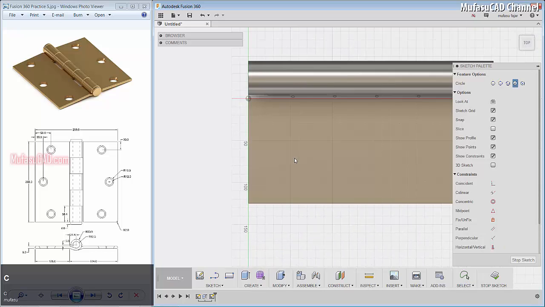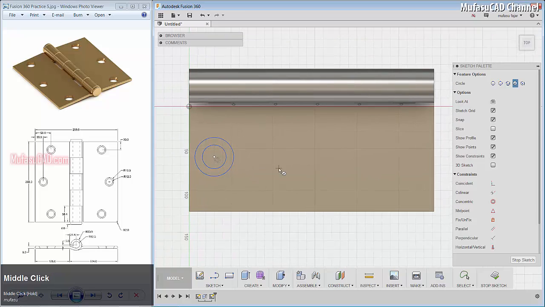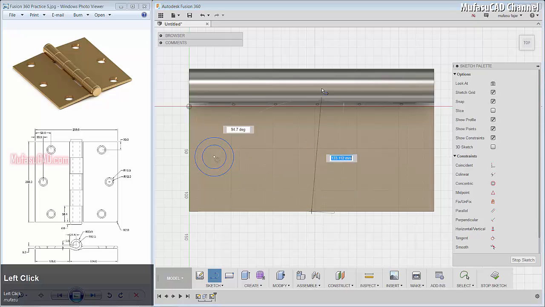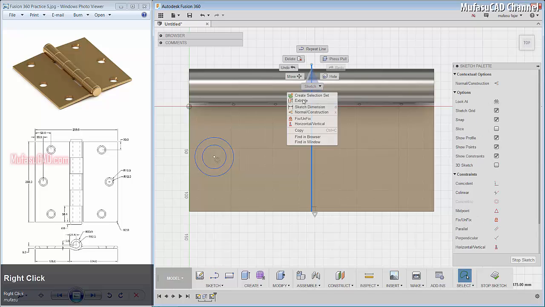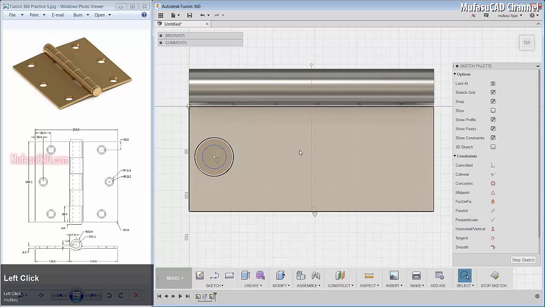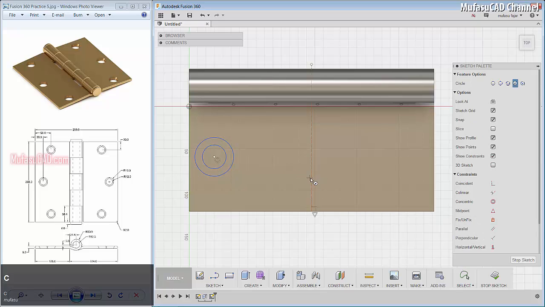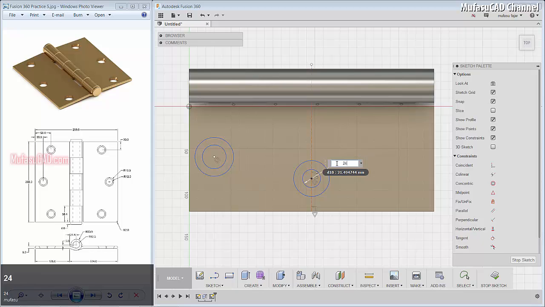Okay, and then select this face. We will create a circle in here, and then inside here I will create a line from the middle point here, okay, to the top here, and okay, right click. Okay, select this line object, right click and change to construction. Next I will create a circle in front here, and inside here we give a dimension for the circle of about 24. Okay, and then for the circle about 32.